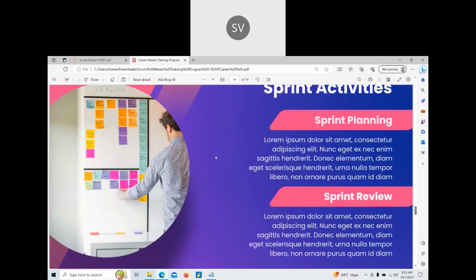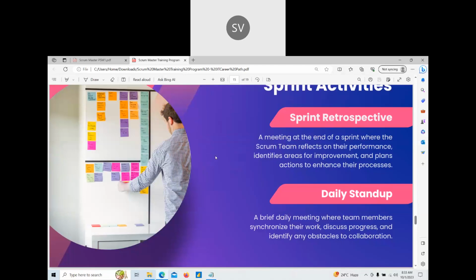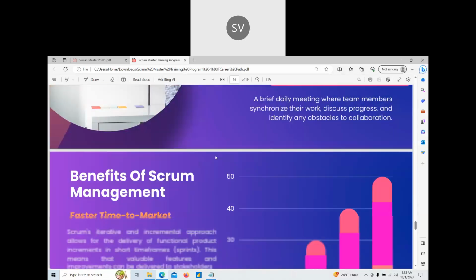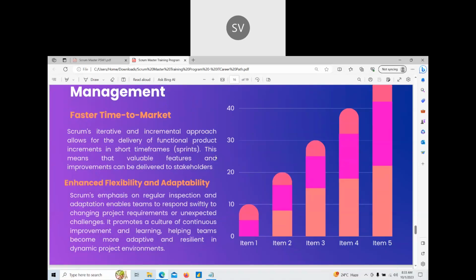So these are the sprint activities, and sprint retrospective and daily stand up, which we have discussed just now, right? So what is the benefit of Scrum management? Faster time to market. When you compare to the waterfall methodology, until development is completed we cannot show any working product to the client, right?